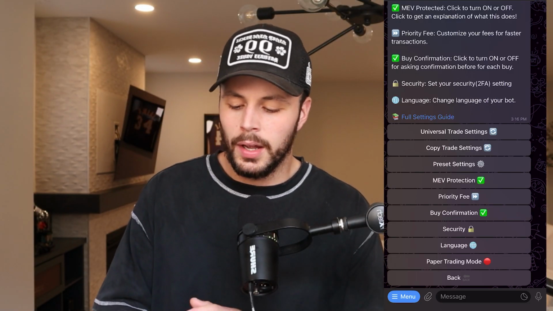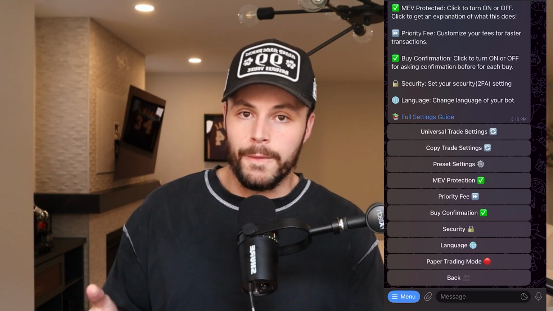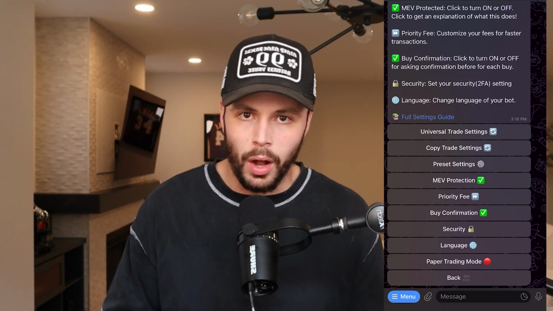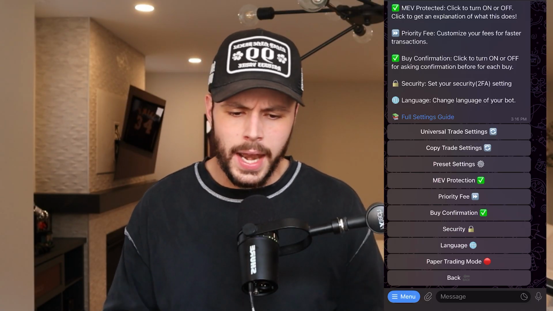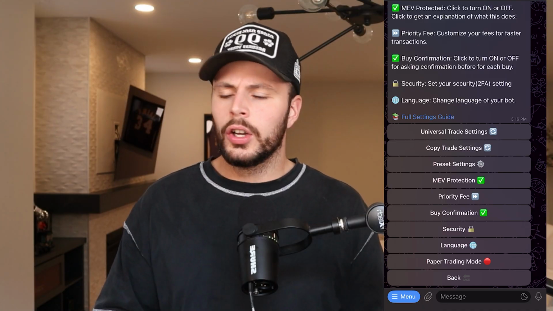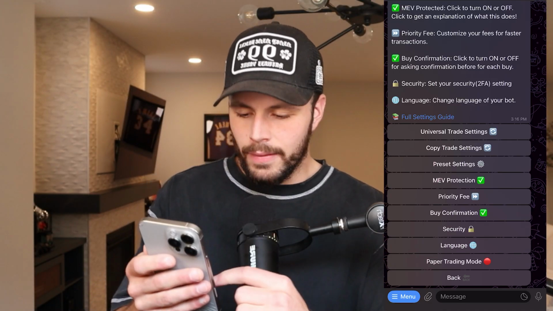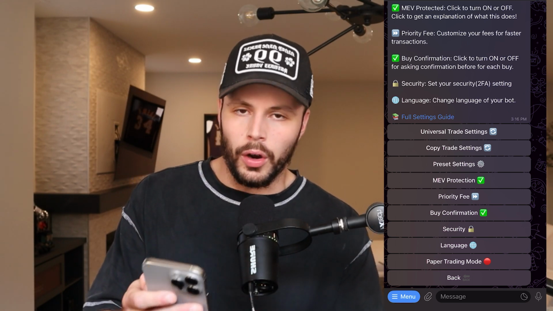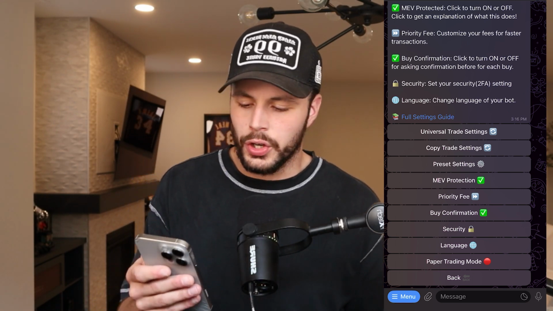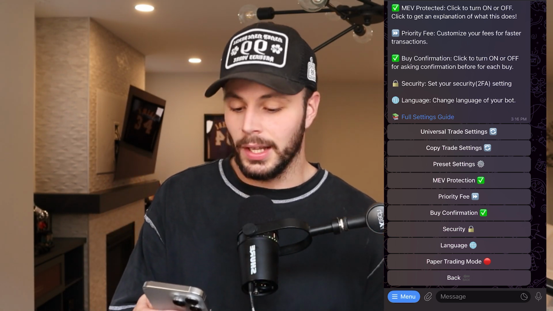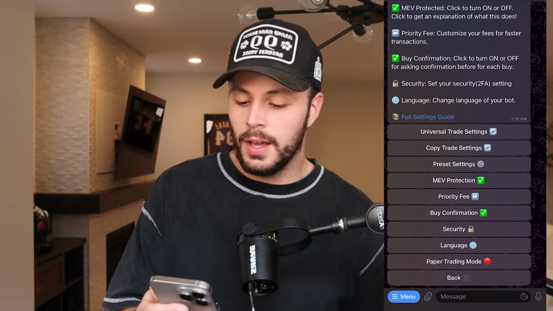You have to do this because this will prevent people from being able to drain your wallet. If you ever click a link on Telegram, you get hacked, scammed, compromised, someone logs into your Telegram, this is going to prevent them from actually draining your wallet or withdrawing your funds. And we actually have it here where you can do it for individual features. So if you want to turn that on for burning, selling, buying, withdrawals,